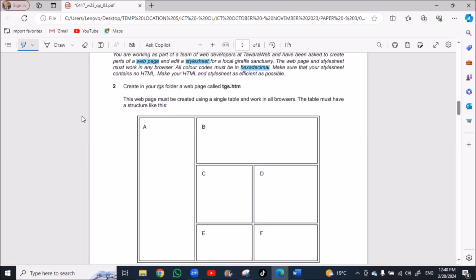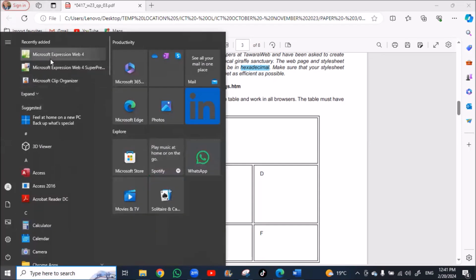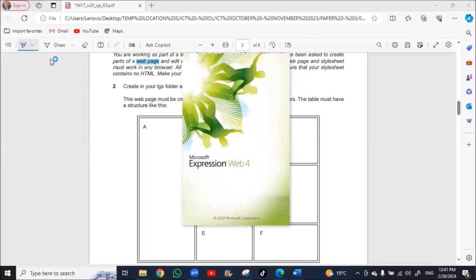Create in your TGS folder a web page called tgs.html. In the Arabic edition, I use SharePoint. Here we'll use Expression. The two applications are the same.